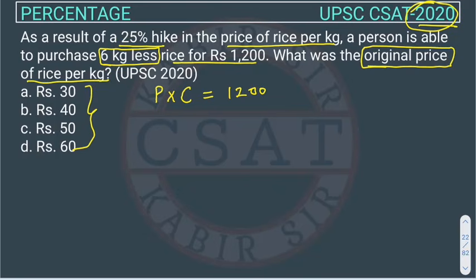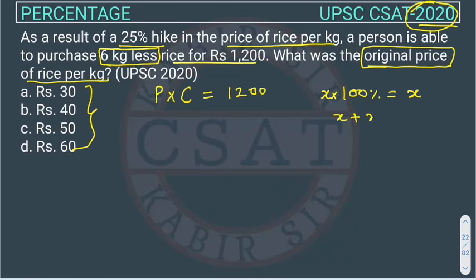I hope you got it, because the original price is P and the consumption is, or he is able to buy, some C amount of rice. In how much money is he able to buy that? 1200. But now what is happening? The price of rice got increased by 25%. So we already discussed that 100% of something is that same thing. Okay. If we want to take 100% of X, it will be X only. If I am saying that there is an increase of 25% in X, so what will be the value of X? Then we can write